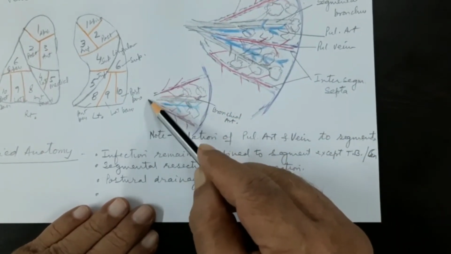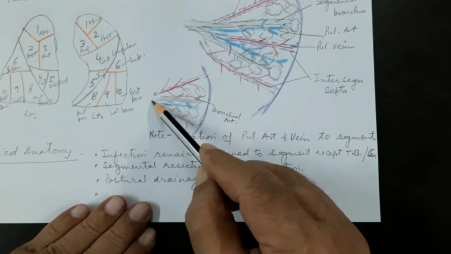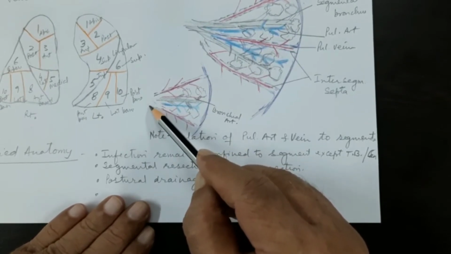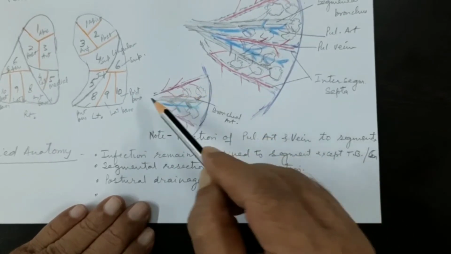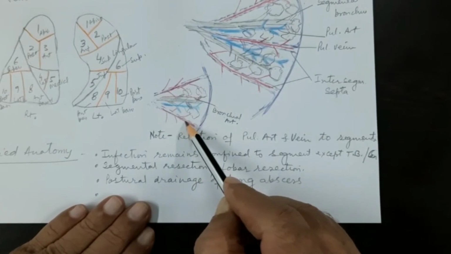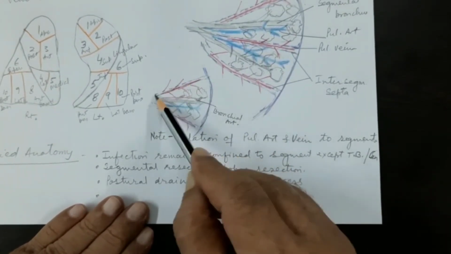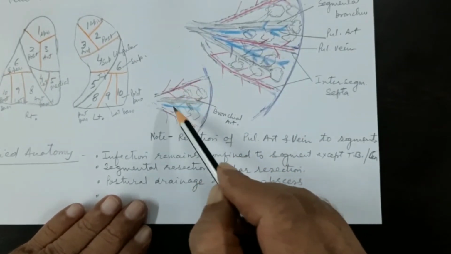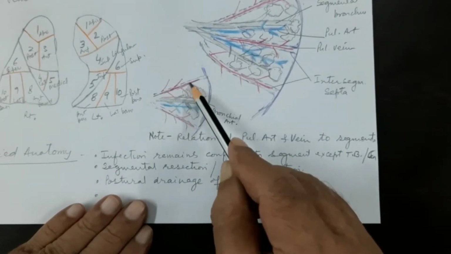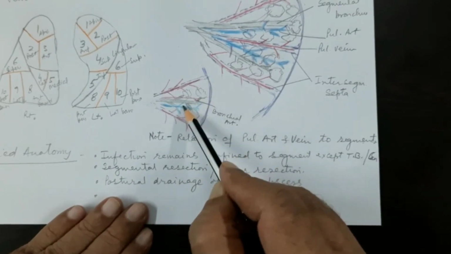Here this is the apex of this triangle, or the apex of this pyramid, which lies towards the medial surface, towards the root of the lung. So this is the base and this is the apex. Now one of these boundaries I have drawn like this. This is another boundary, which is the fibrous tissue, the intersegmental septa. These are the intersegmental alveolar septa. So this is a single bronchopulmonary segment.